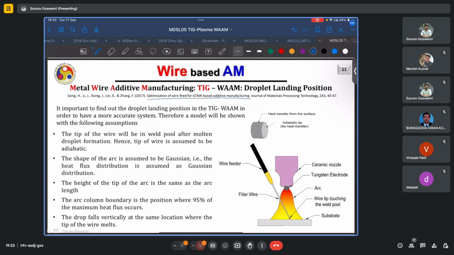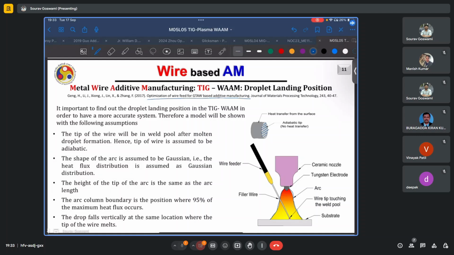The tip of the wire will be in the weld pool after molten droplet formation, and hence the tip of the wire is assumed to be adiabatic. So no heat transfer across this surface right here. The shape of the arc is assumed to be Gaussian. That is not just the energy intensity itself, but the very shape of this arc in space is like a bell curve. The height of the tip of the arc is the same as the arc length. The arc column boundary is the position where 95% of the maximum heat flux occurs,